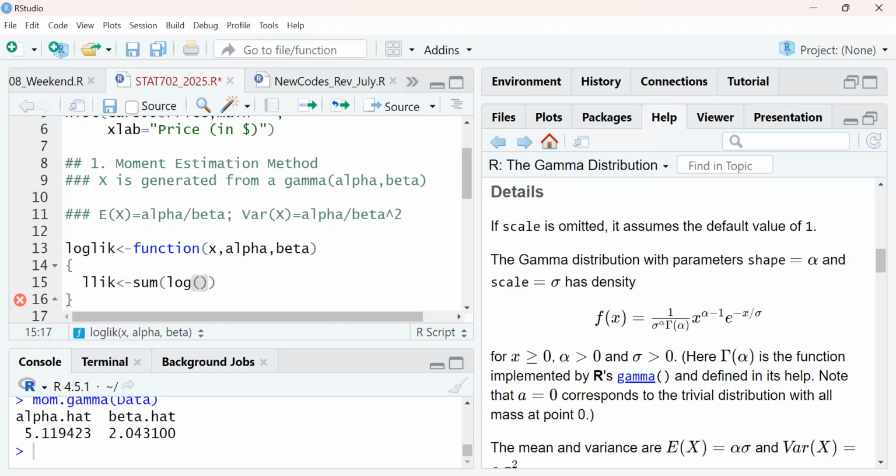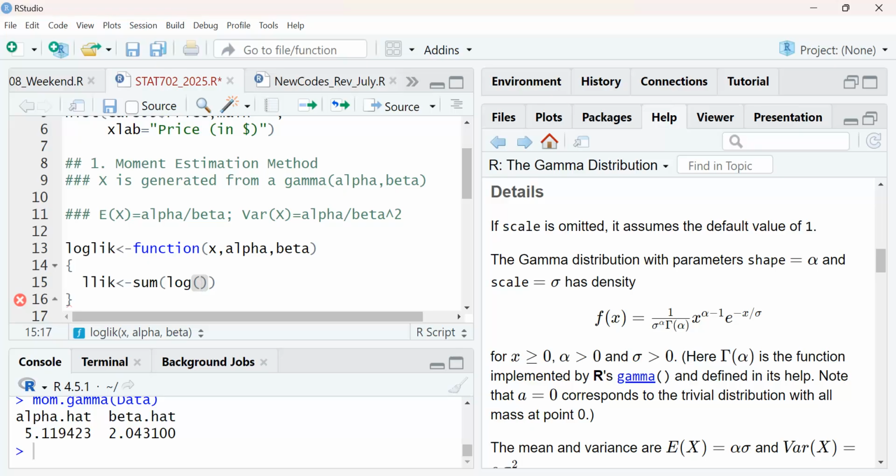So the top one will be beta raised to the power alpha. If you remember your gamma, that's beta raised to the power alpha divided by gamma alpha, and then we have x raised to the power alpha minus 1, and then e to the power negative beta x. That's what we are going to do.